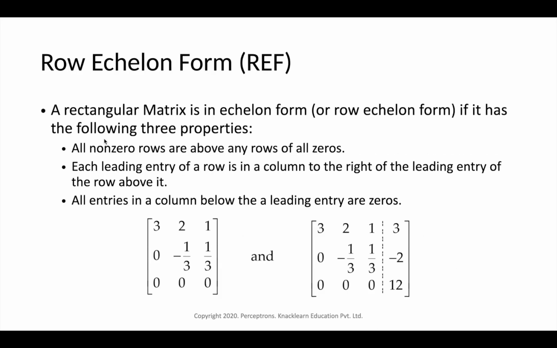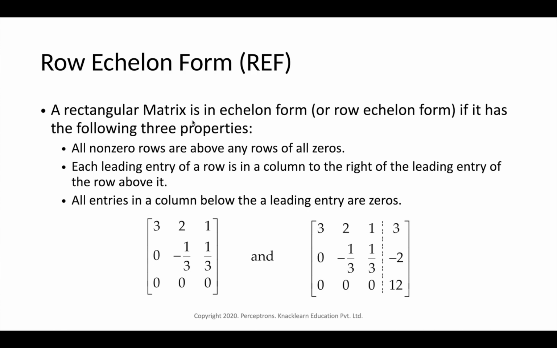So now we have something called row echelon form. There are two types of form, that is row echelon form and reduced row echelon form. You can say row echelon form is good, reduced row echelon form is best, to find a solution. So how do we bring a matrix to row echelon form? Row echelon form is nothing but a format in which we can bring a matrix by performing elementary row operations.